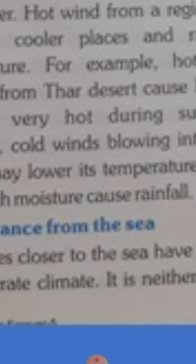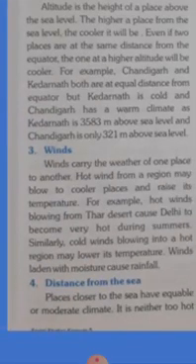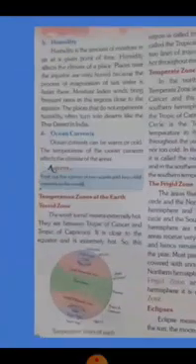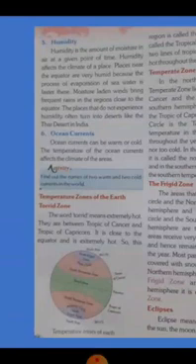Okay, then next, humidity. The fifth factor that affects the climate of a place is the humidity. So what is humidity? The amount of moisture in the atmosphere is known as humidity. So humidity affects the climate of a place. Places near the equator are very humid because the evaporation of sea water is faster there. So areas near the sea have a lot of humidity. Water evaporates easily, and because of this evaporation, water vapor remains in that area, so that brings humidity to that place.